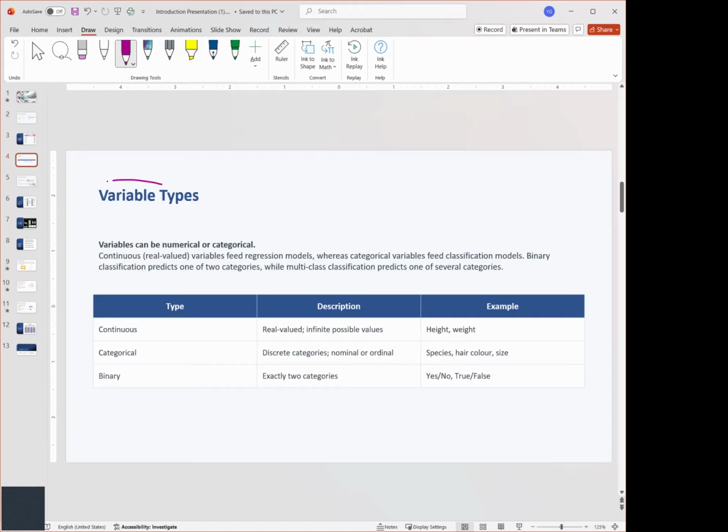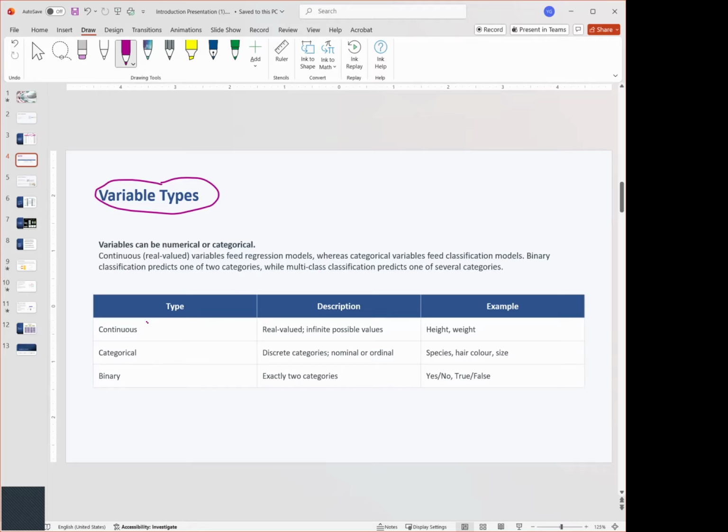So what else? There are different types of variables. It is very important for you to understand the different types of variables, because this is going to help you decide what kind of machine learning algorithm to use, okay? Because in the future, we're going to be using different kinds of machine learning algorithms. We're going to be learning the most popular machine learning algorithms. And the only way for you to understand which machine learning algorithm to use is going to depend on whether or not you understand the types of variables. So there are basically three types of variables, okay?